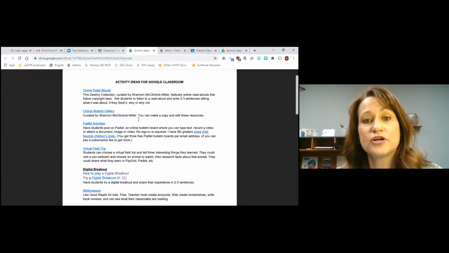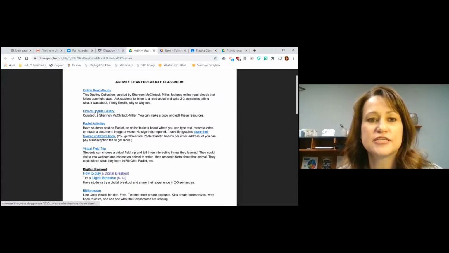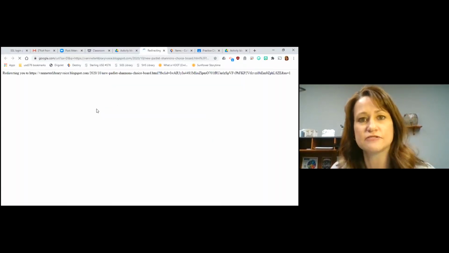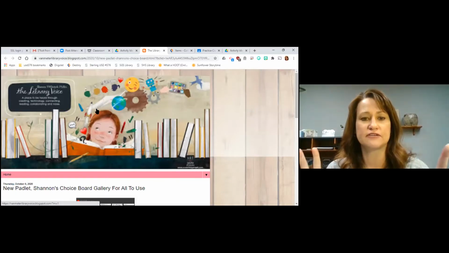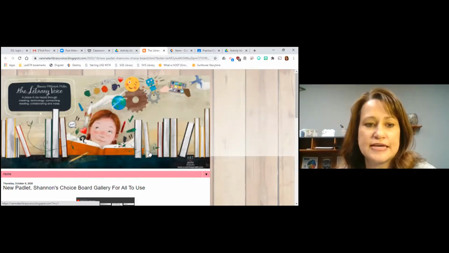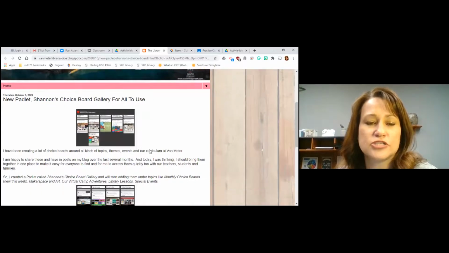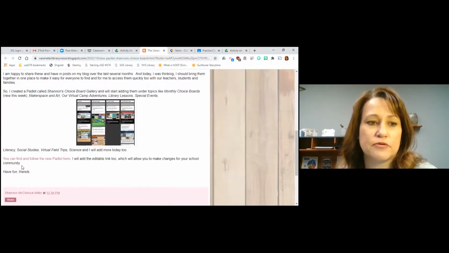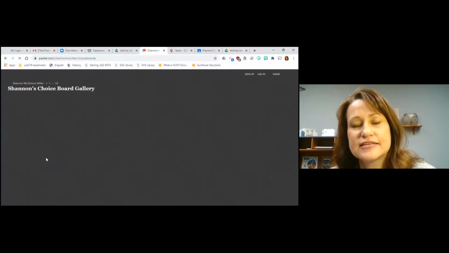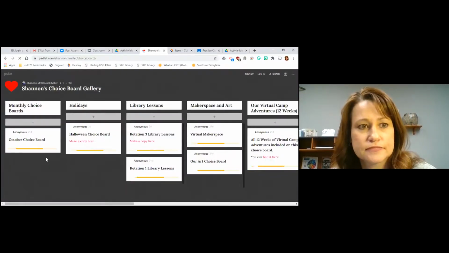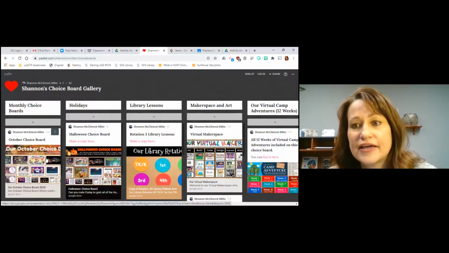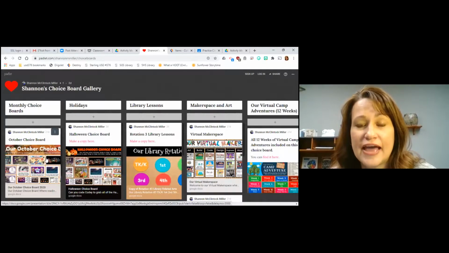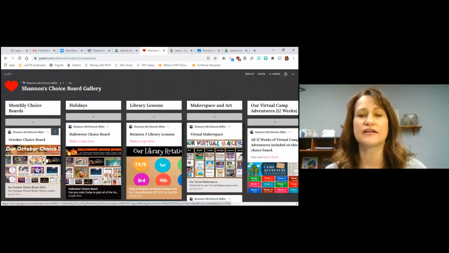Shannon McClintock Miller also has shared some of her choice boards that she's made. Those have been really popular with remote learning, where you're putting up an interactive board and students get to choose things. Hers are not just useful, but visually very beautiful. So she created a Padlet where she is sharing those. So you can not only access them, but you can also make a copy, and then you can edit it and kind of customize it for your